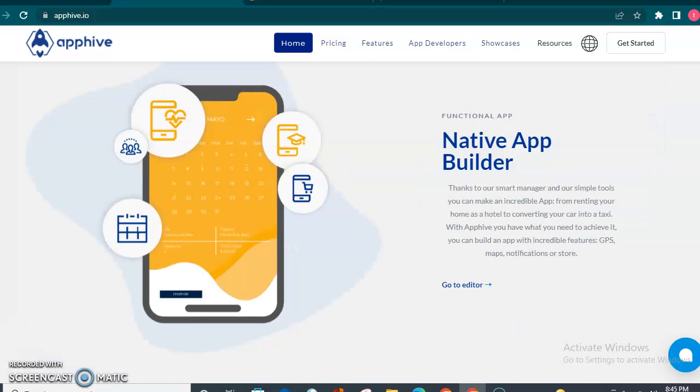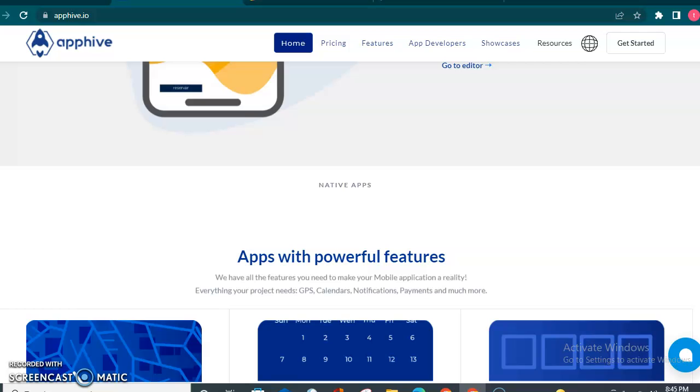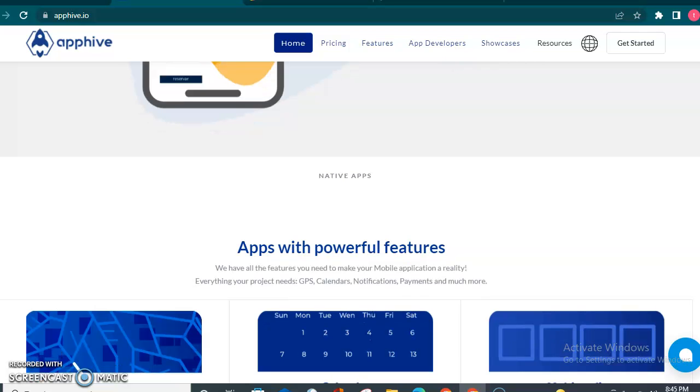There is also an option like native app builder. You can say that an app must be a hybrid app that runs on both operating systems, iOS and Android, on mobiles. And now I'm going to